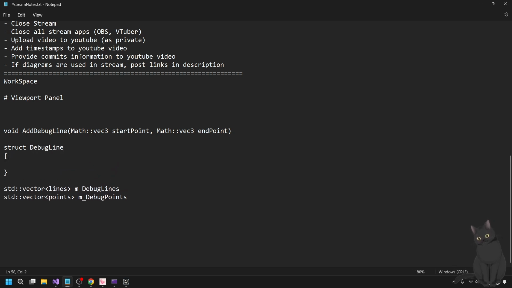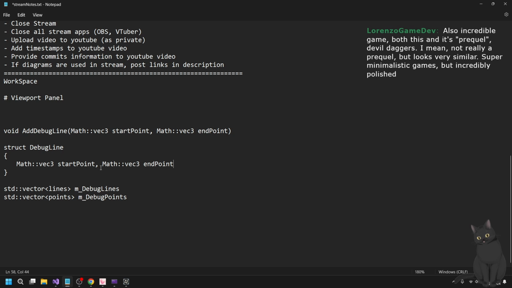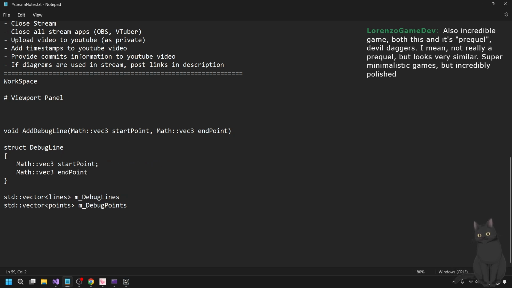And that can be something like, it's literally just this. Do I even need to make structs for this? I guess it makes it clearer. But yeah, math::vec3 start point, end point, and that'll be a debug line, and then we'll just have a vector of debug lines.